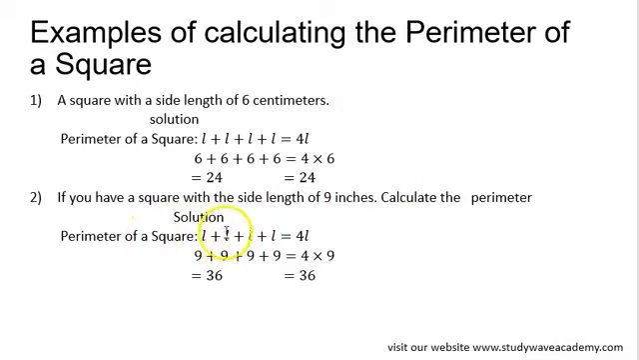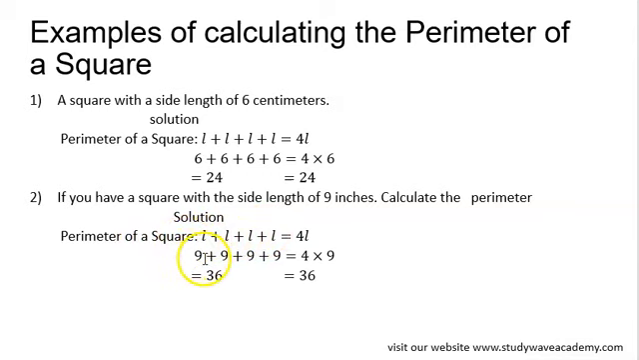We have L plus L plus L plus L, or 4L. Remember, every shape has its own formula for solving. We cannot use the formula of a rectangle to solve the square. We will not get our answer. So we use the formula of a square to solve the